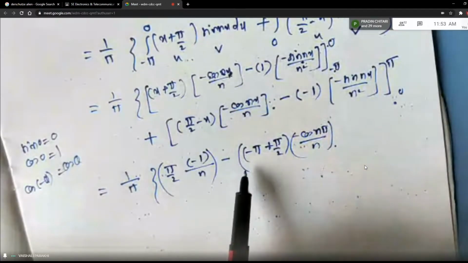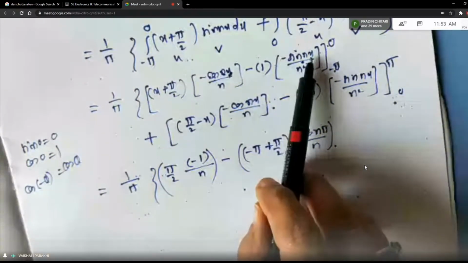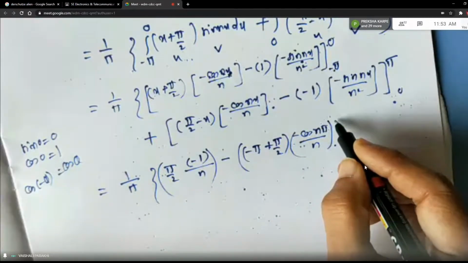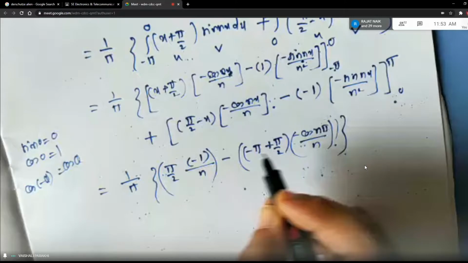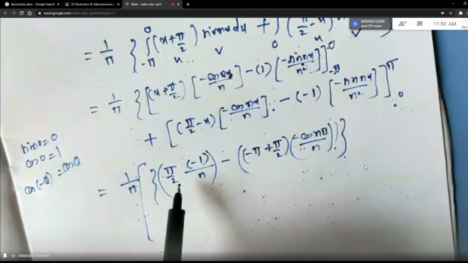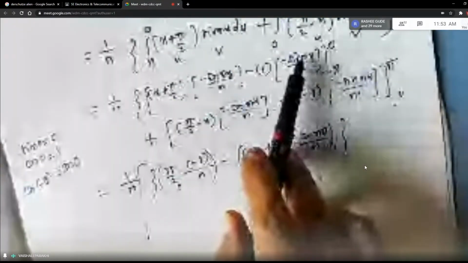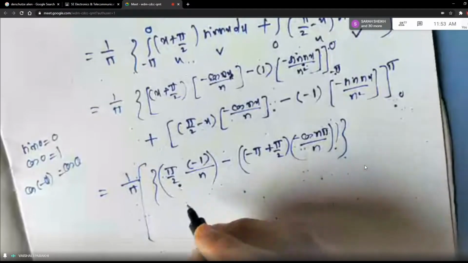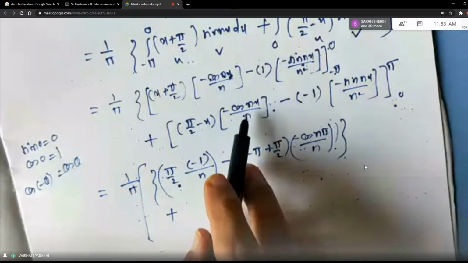Done. And then replace x by pi, sine of n pi is 0, so that will not make any difference. And then complete this bracket. First I replaced x by upper limit and I got this term, and then I replaced x by lower limit and I got this term. So basically all terms in sine will get cancelled whenever the limits are like 0, pi, 2 pi, because sine of n pi is 0, students. Okay. Now same thing is going to happen for the second bracket also. Only cos terms will exist.